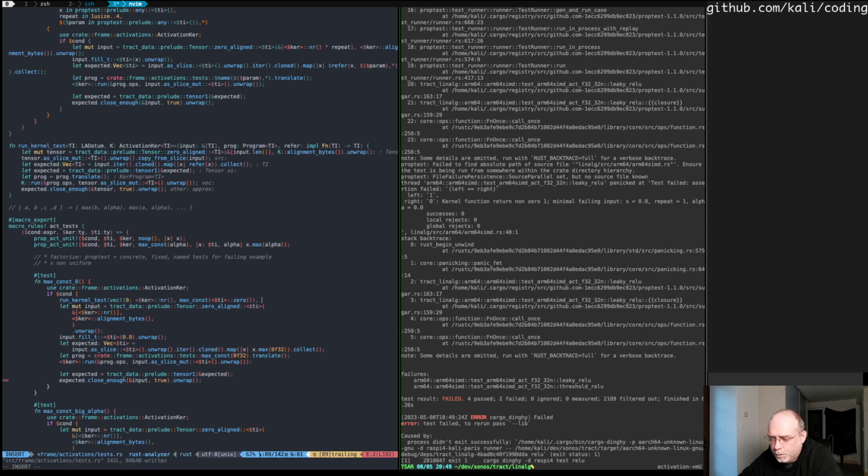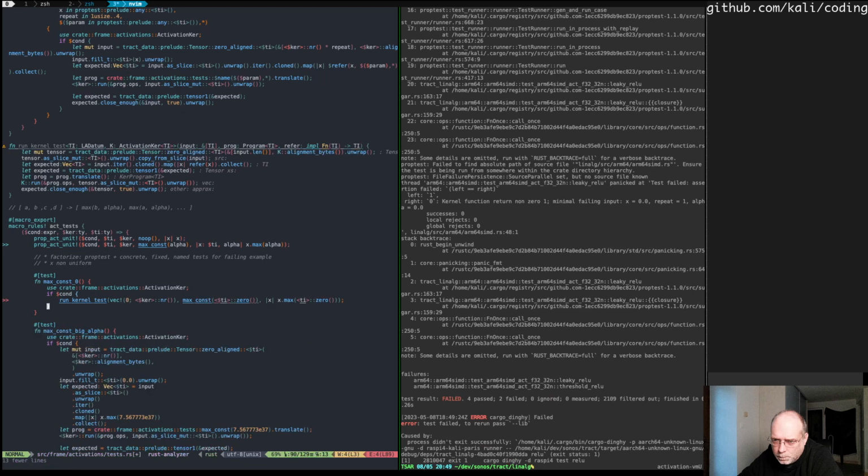And the reference implementation will be x with x of max and ti 0. So there's a bit of a problem here, and I can probably get rid of this. So what's wrong? Yes, so here I will probably need to use,